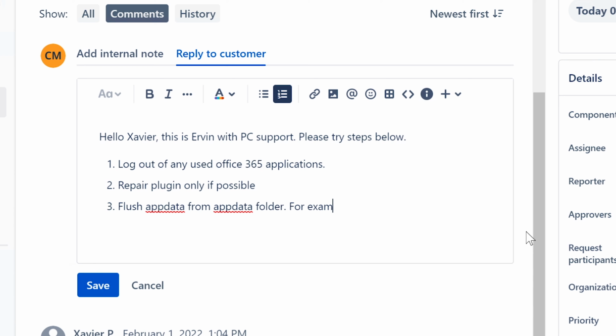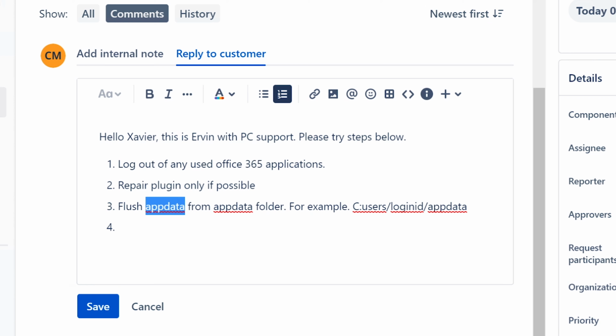For example, see users, login ID, whatever it is that you use for your computer. AppData. I'm